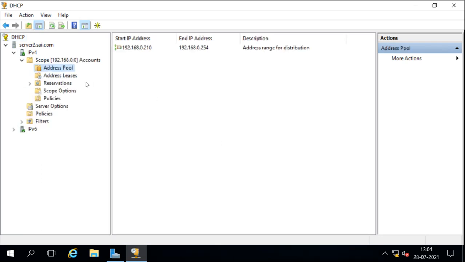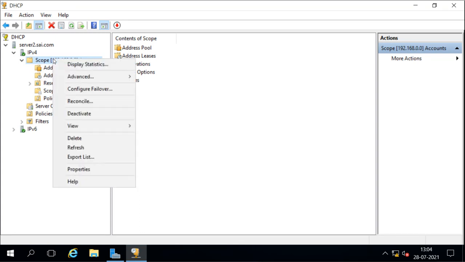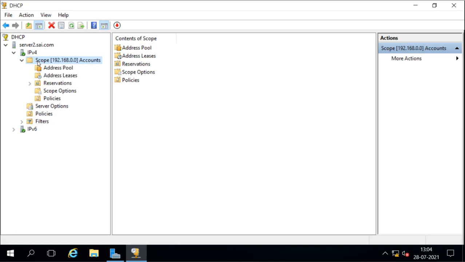So on server 2 we have this scope and we want to configure this scope for high availability. The first option we have is scope splitting. Now how can I do that?